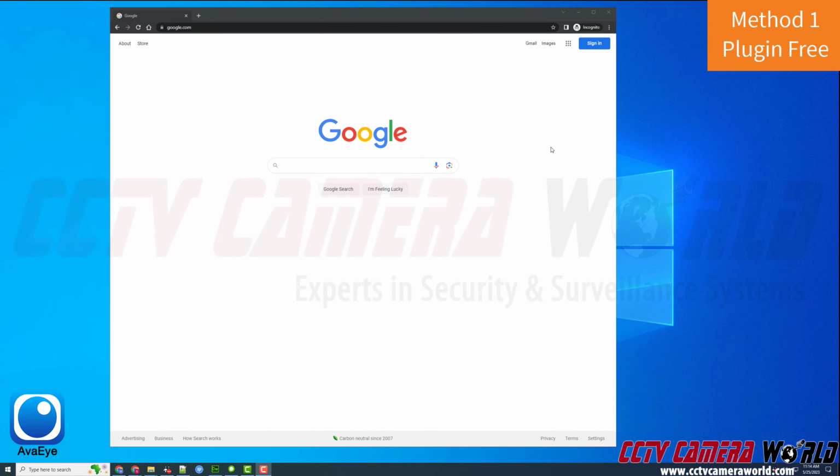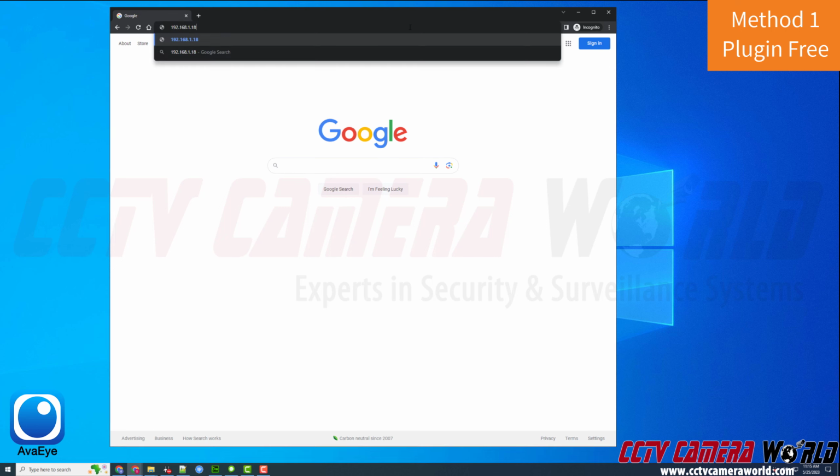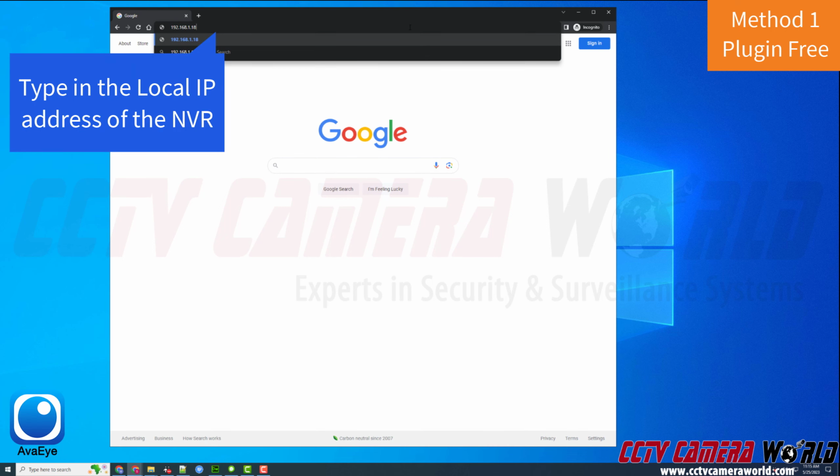I'm going to show you how to log in to our AvaEye series NVRs on the local network. If you're using Windows or Mac, you can use Chrome as a browser to log into your NVR. You'll have to know the IP address of your NVR by going into its network settings and finding it there. Once you know that, you can type the local IP address into your browser